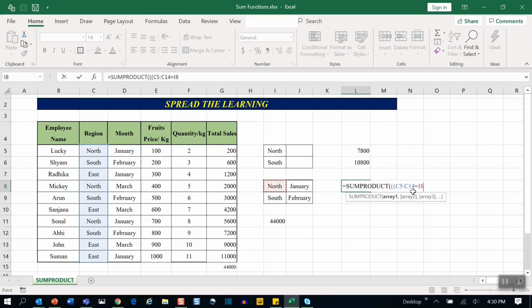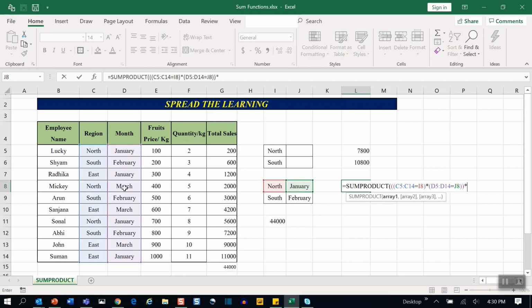I've selected north, closed the bracket, give an asterisk sign, open a bracket again. Now we will select the month column, equal to sign, and give January as the criteria. Close the brackets,